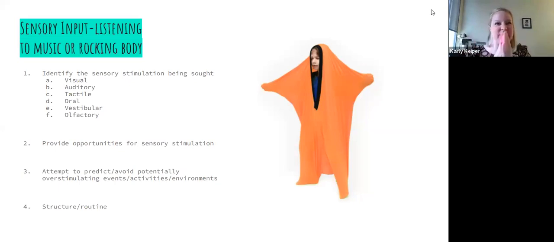This feels really weird and good, and maybe this is helping me with my tactile sensory input. Or maybe I like to hum because humming feels good to me. Humming is calming to me. There can also be sensory avoidance. So maybe I don't like to go in the cafeteria because the smell of the cafeteria food is really overstimulating or overwhelming to me. And so I try to leave that area because I can't sit and smell the cafeteria food. It's too strong for me.